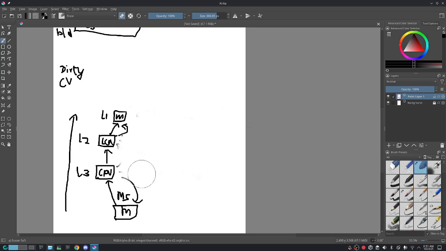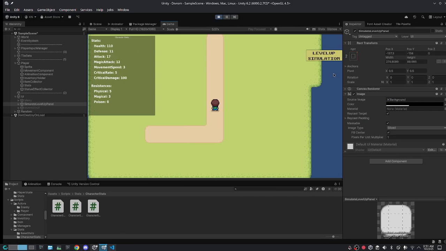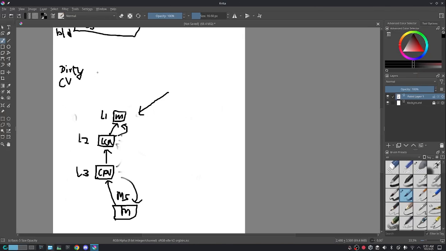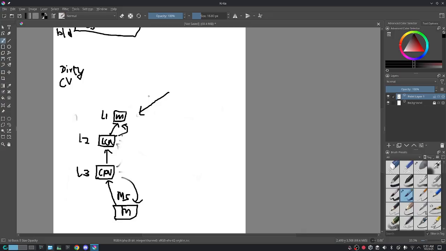Let me clear them. Now my leveling up, if I click this value, it is a simulation for now. It will increase my stat here, and it will say level up my base value. So my Unity event will send a level up event, and this will make the boolean on my L1 layer dot equal to true,